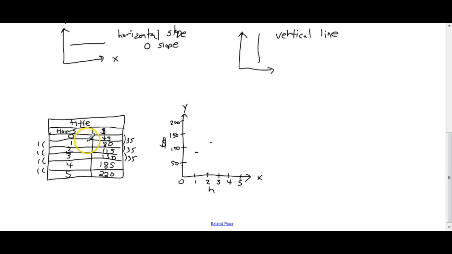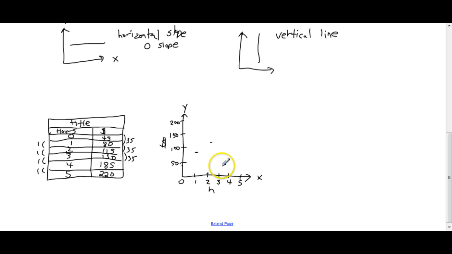Because both pieces of data are going up consistently at a constant rate, I know that I have to have a straight line. Okay, so whenever you're plotting your data and from your table you can see that there's a consistency between your x values and your y values, between your data points, then you know that you're going to